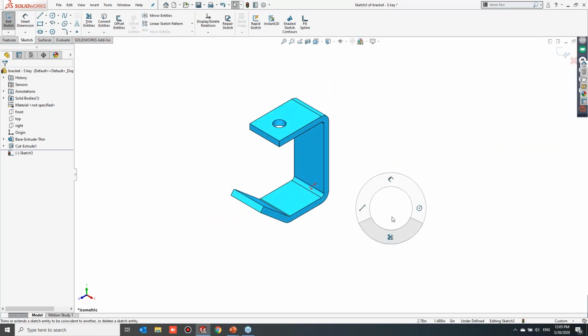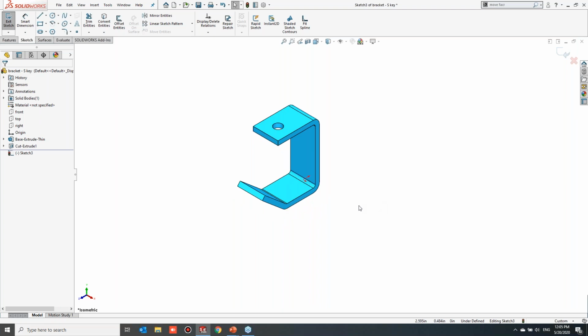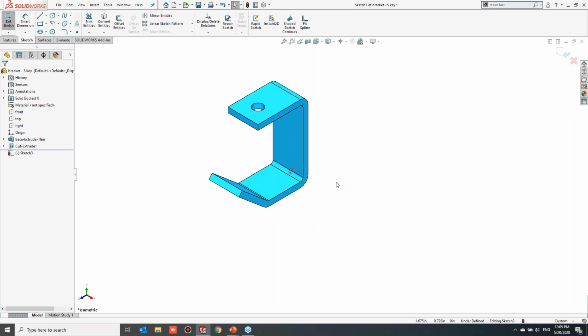Here you can see, now I have my trim command in my mouse gesture. Next, the shortcut bar, the S key. It is really awesome. So how can I use this shortcut key? Simply by pressing the S key, you will have your shortcut bar. We can also customize the shortcut bar the same way as the mouse gestures.